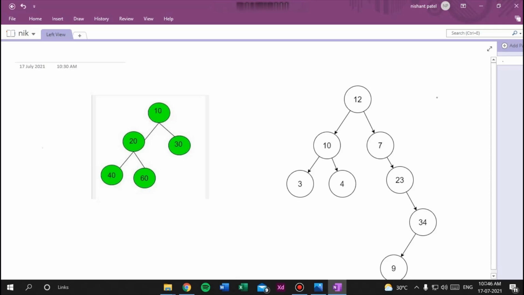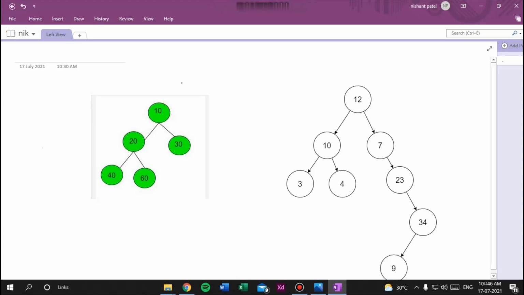Okay, so let's start the approach, but before you see the solution, just try on yourself because it's so easy, you can easily think about it, and just pause the video and try on yourself and come back. Okay, yeah, so we know that we have to find the left view of the binary tree, right? You just think about level order traversal, right?